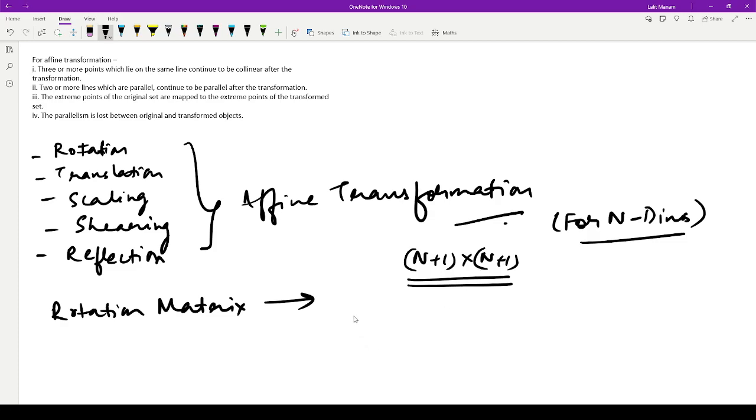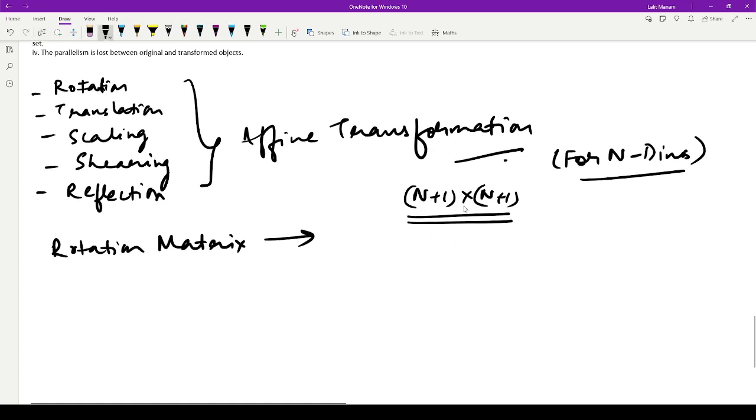Rotation matrix is represented in the form of angle theta, sine and cosine. That is for 2 dimensions. For 3 dimensions, for 4 dimensions, for n dimensions. Since we will go with this specific convention of n plus 1 cross n plus 1,